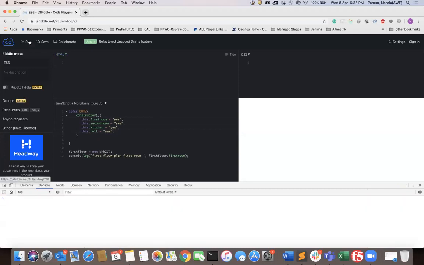Now if I execute, what you can see: first floor plan, first room is yes. Like this, you can add all your plan.